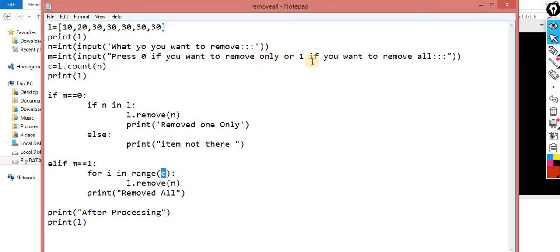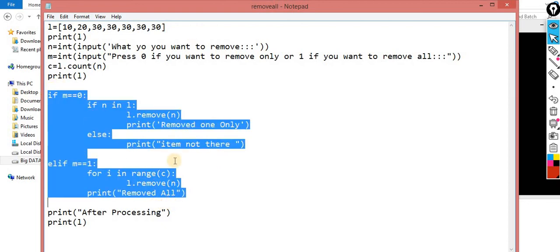Press 1 if you want to remove all. Press 2 if you want to remove the user's choice value. So extend this problem as much as you can. That's your assignment. You have to implement one more for loop over here. That's it, nothing else. So this is the logic.